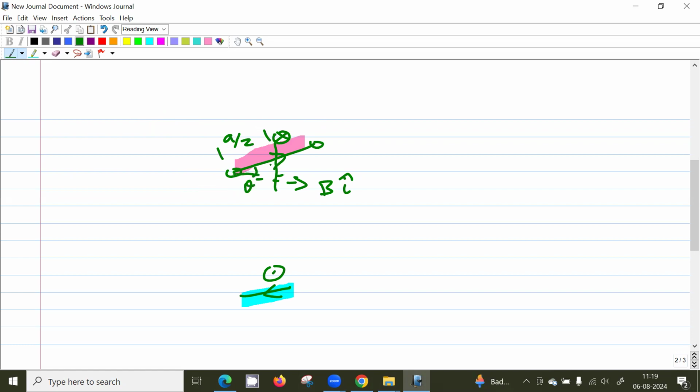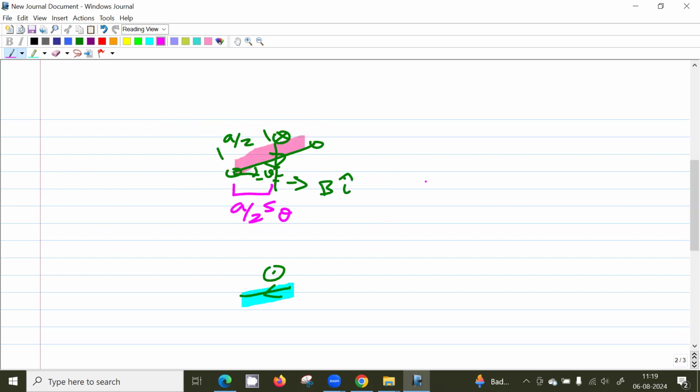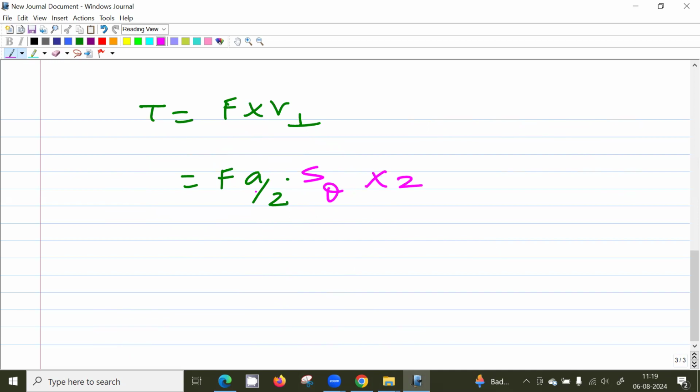Okay, this angle is theta. So this perpendicular distance comes out to be a by 2 sine theta. This distance. And then two of them. So there will be a torque from this left conductor, and a torque from this right conductor. Okay, so this will come out to be